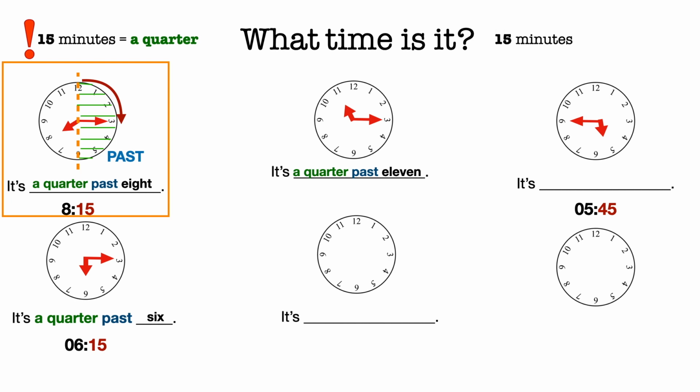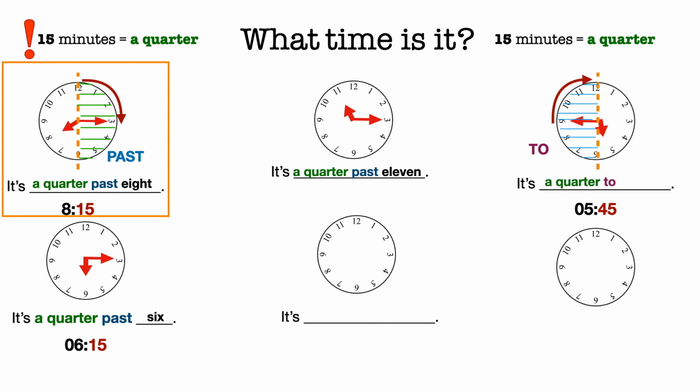Once again, 15 minutes means a quarter. We divide our clock in two halves. Our right part is called past. Our left part is called to. So, what do we have here? 15 minutes to 6. So, it's